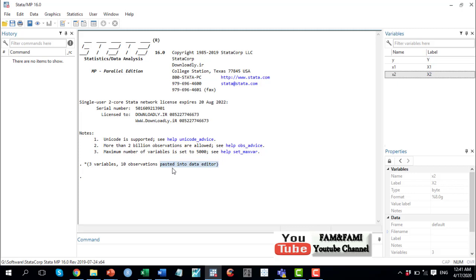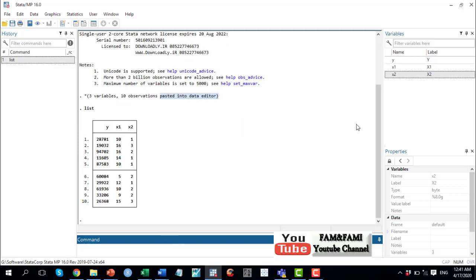Now our objective is to estimate a simple linear regression model. By the way, before running a regression, you can simply type list to see the list of all the variables here. So list y, x1 and x2. Now our objective is to estimate a simple linear regression model taking y as the dependent variable and x1 as the independent variable.